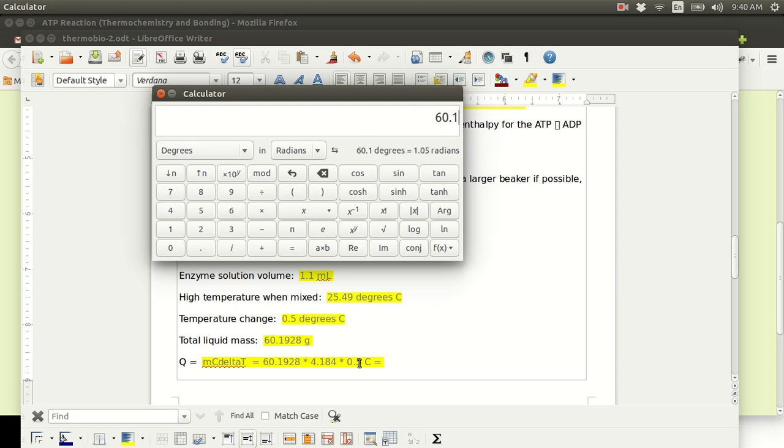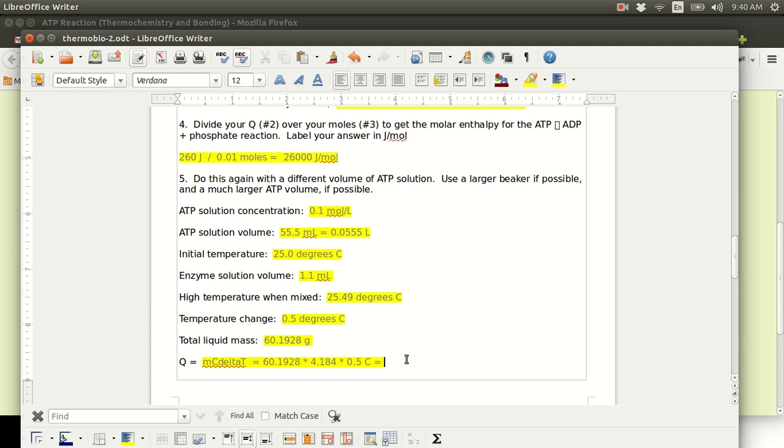So 60.1928 times 4.184 times 0.5. So that's going to be 100. It looks like 126 joules, but it's really 100 because I only used one significant figure there. If you put something like 126, I don't mind. I just want to show you